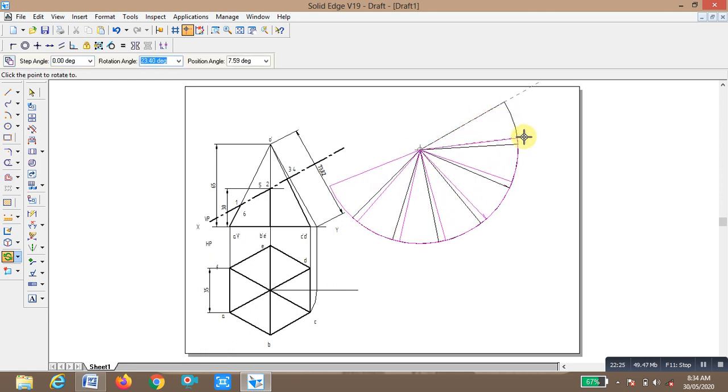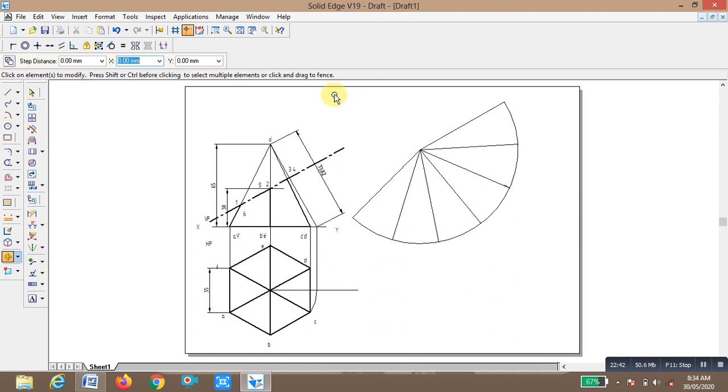How to move first: go to the move command, move this, and rotate.